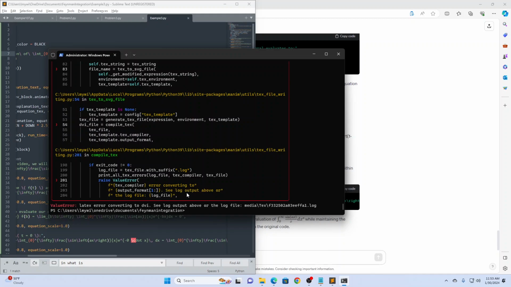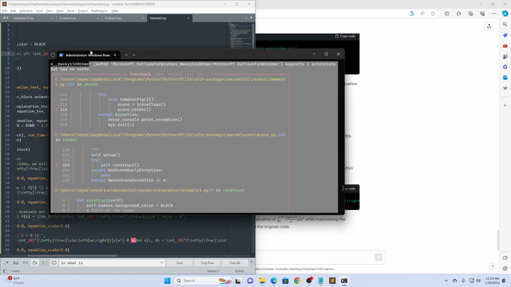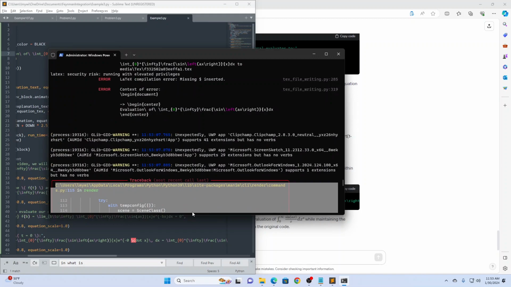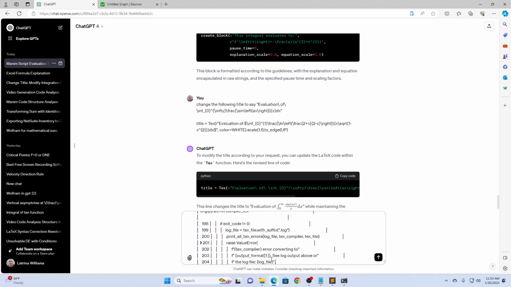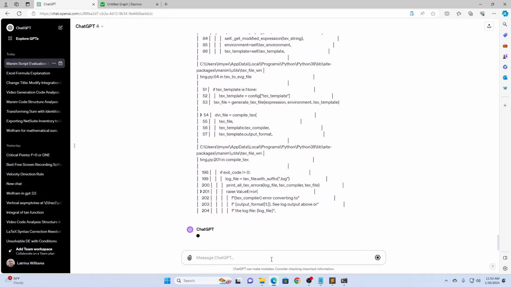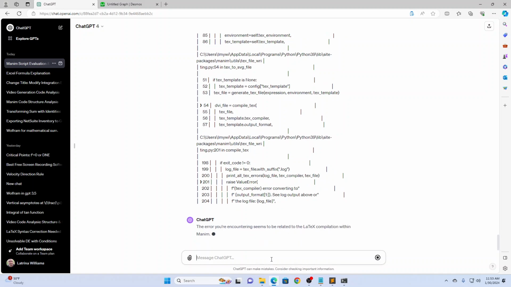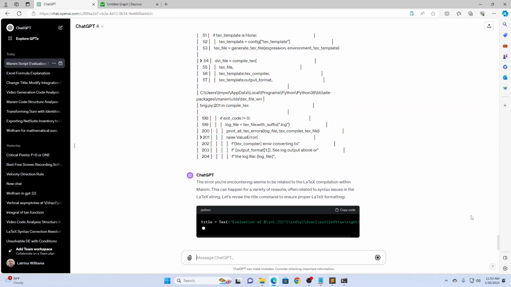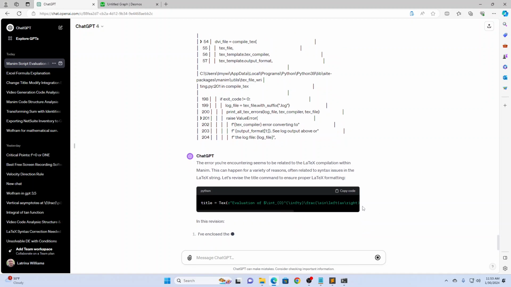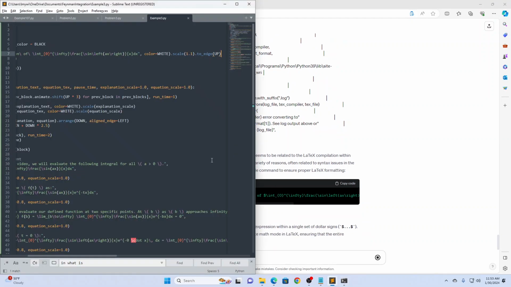Now this is all I do to correct an error. All right, I'm going to copy this error message over. And I'm going to say the title you just generated produced the following error. And I paste the error. There we go. And it's just going to revise it based on the error code that was given. All right, this should work now. It usually doesn't require multiple